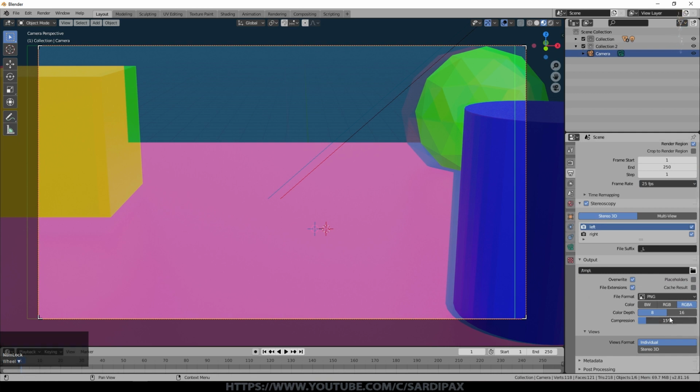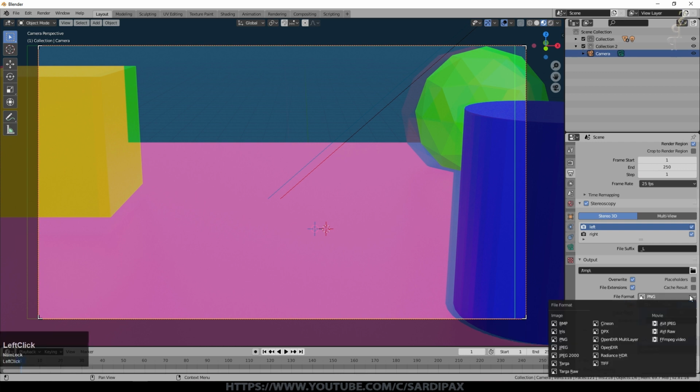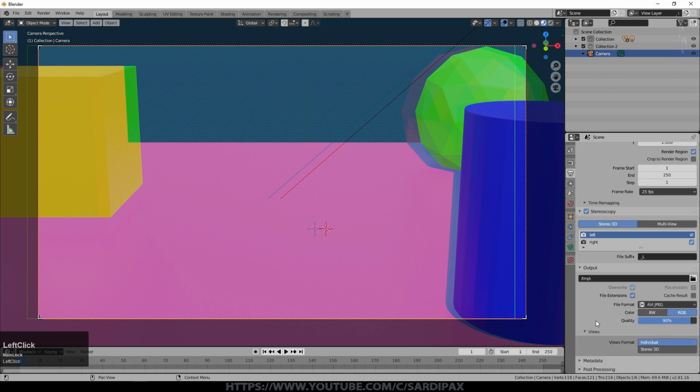So you're going to render it out to however you are going to render it. I actually rendered straight to video, which I don't recommend, but it was a relatively short video, and one of the great things about Eevee is that you have quite short render times, and so you can take risks, as it were, by rendering straight to video rather than rendering individual frames, which is the way I would normally do it. So I just rendered to an AVI JPEG. But then we've got a couple of options here. So individual, it will render separate files for the left and the right. But we can say stereo, and this is what I did.